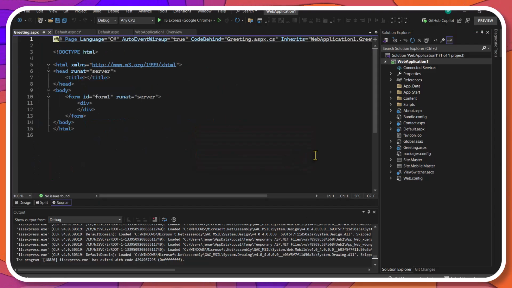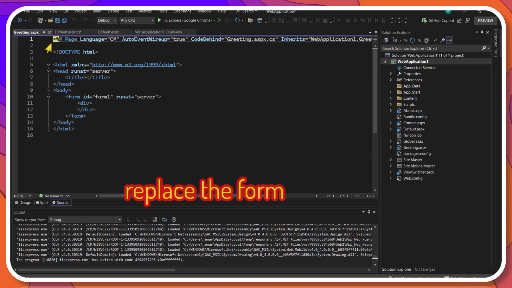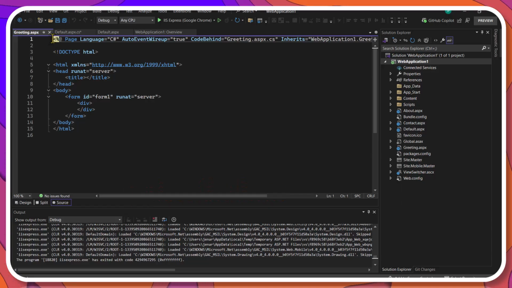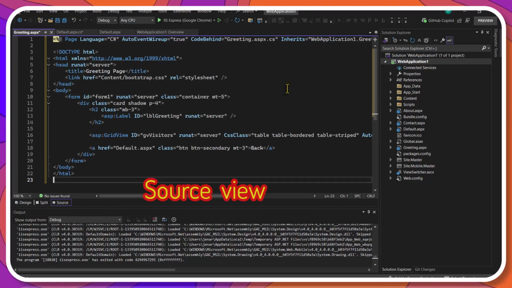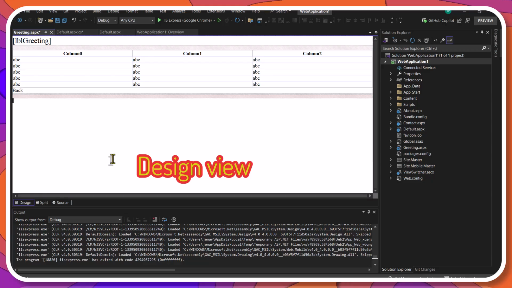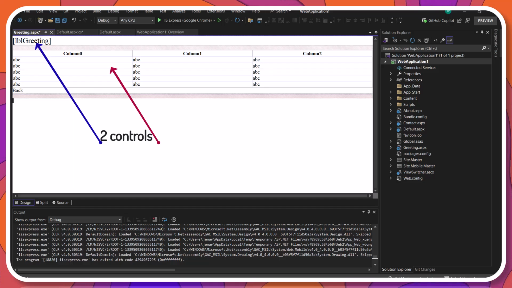After creation, the HTML code shows on the screen. And replace it with a pre-designed one. In Design View, you can see two controls: a label and a grid view.